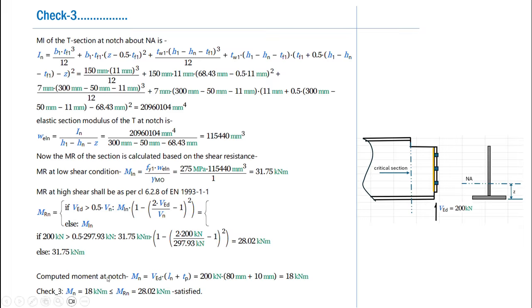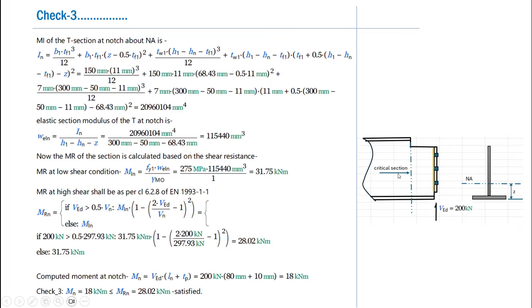So let us verify whether this moment of resistance is good enough to resist the moment due to the applied load. Obviously, the actual moment acting at the notch will be the shear force VED into Ln plus Tp. We know that Ln is nothing but the notch width plus Tp, the thickness of the plate. Accordingly, due to VED, the actual moment coming at the notch will be 18 kilonewton meter, which means that